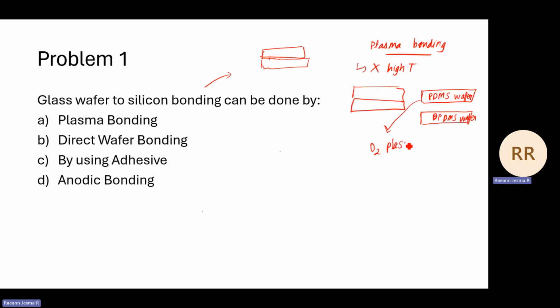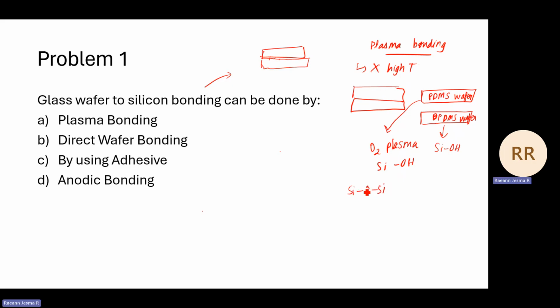So this O2 plasma will create some sort of SiOH bonds, like SiOH dangling bonds on the surface of the PDMS wafer. Then when I expose my second PDMS wafer to O2 plasma, again on the surface I'll have some SiOH bonds. So when I bring these two PDMS wafers together at higher pressure, then what will happen is at the interface there will be some SiOSi